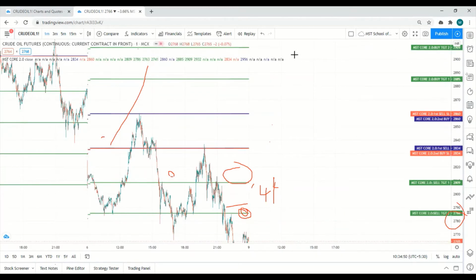But there are some techniques to follow the second first sell, first buy, second buy, and second sell, and we can keep on trading. We have a technique that we will teach in the price action course, not in this indicator. If we teach this here, you will be confused and you will take more trades and lose your entire capital. That's why we are avoiding it now. So that's about our indicator.